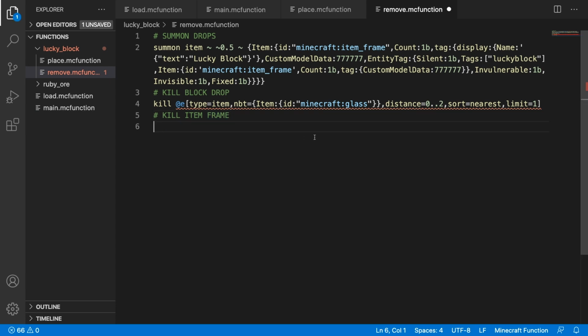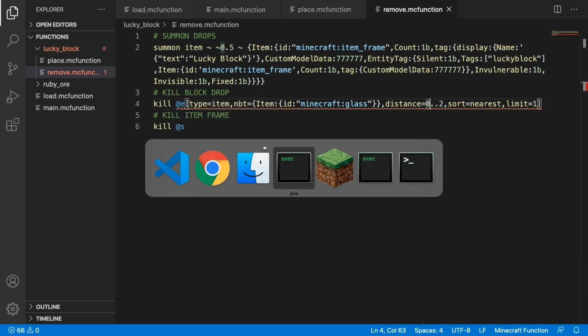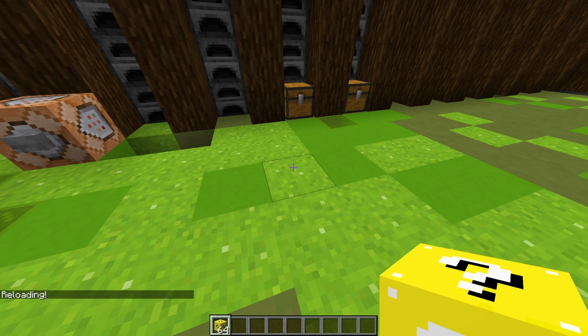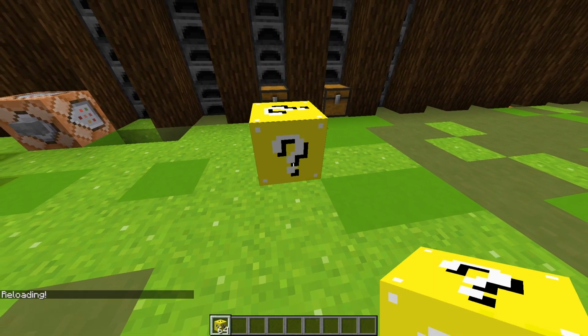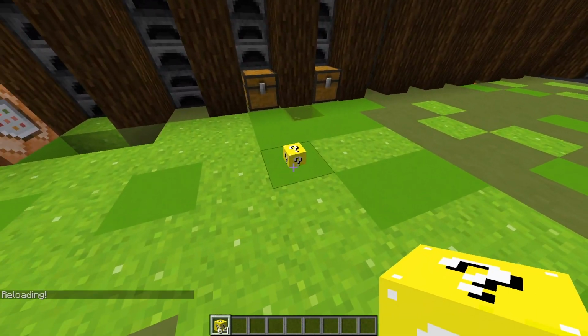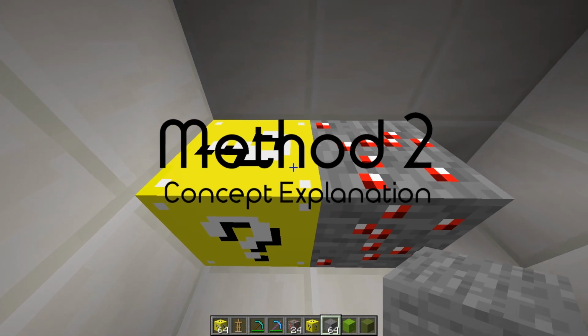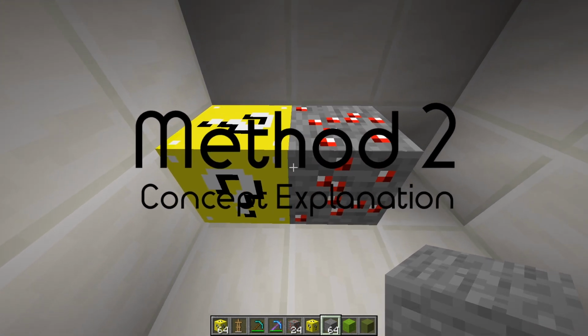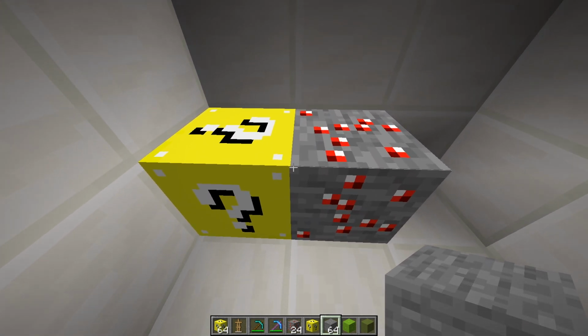And then finally, for killing off the item frame, just kill @s. So now if I go into the game and reload, you should see that when this is placed and broken, it actually destroys the model and leaves our item on the ground. For creating blocks that have a base block that is fully opaque, such as stone furnaces or dispensers,